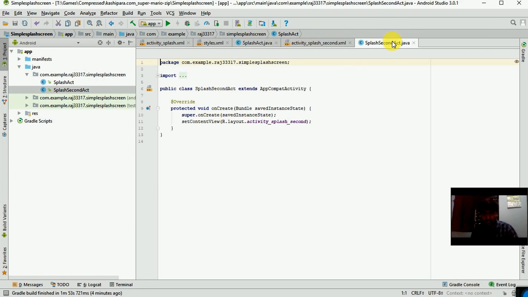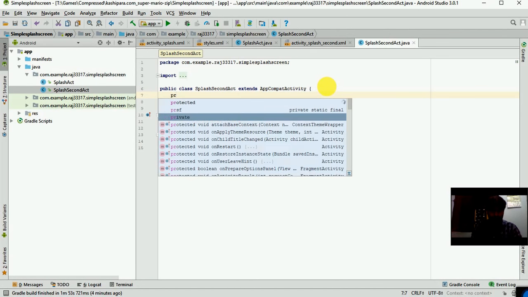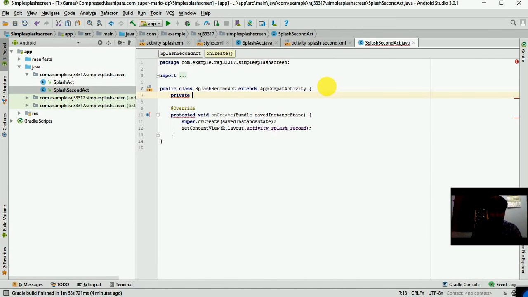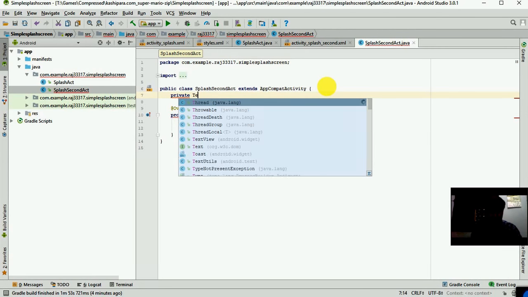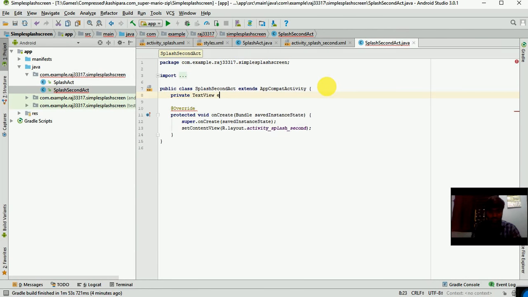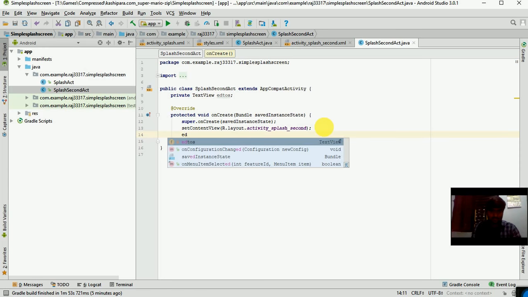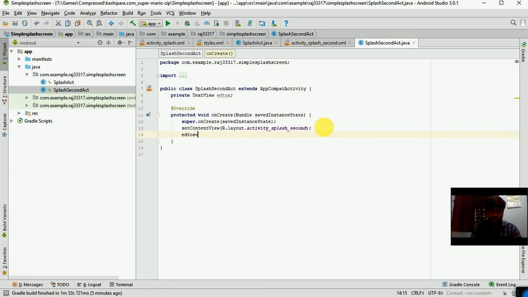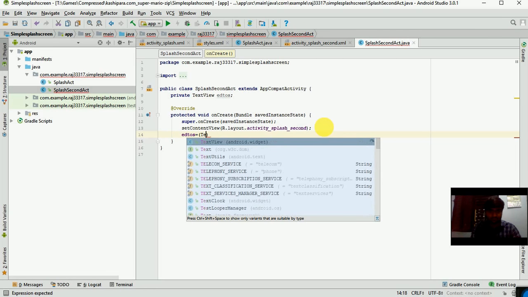We have to do the programming part. That is, create a variable for text view, TextView, and I'm going to use the toss semicolon, and here give its id. Toss is equal to TextView,